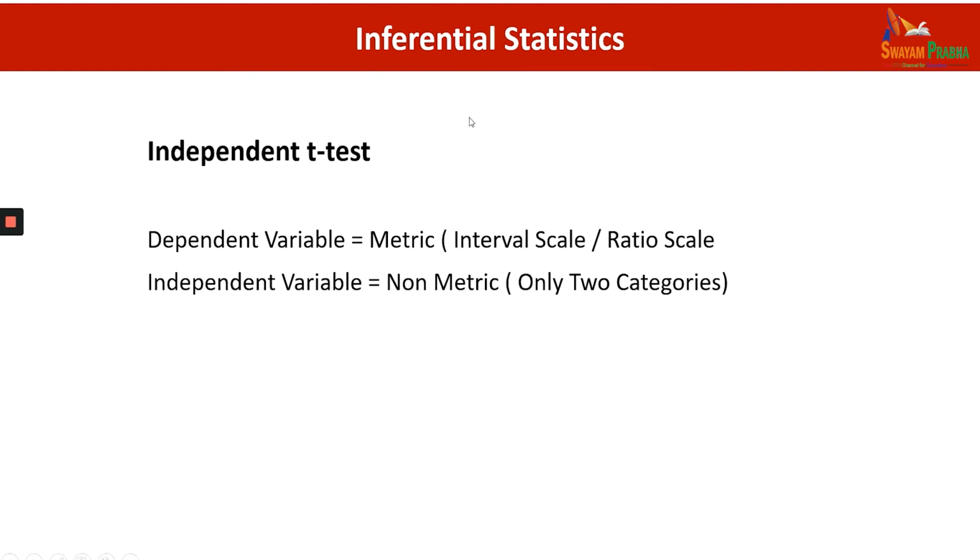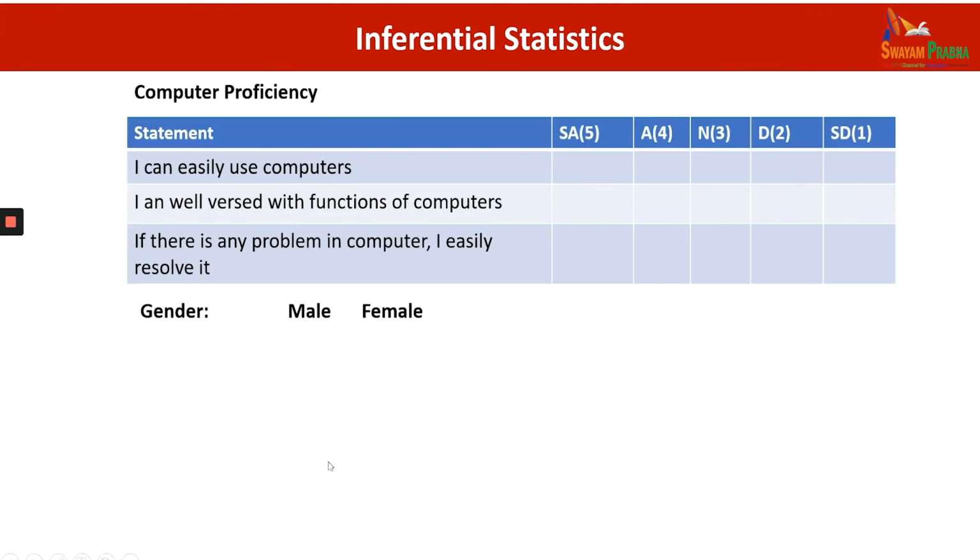Now look at the scenario where I can apply the t-test. Look at this example. In my research, I collected data on one variable, computer proficiency, and a second variable, gender, male and female. What is my objective in this case? I want to see whether computer proficiency differs across gender, meaning a different level prevails in males and a different level in females, or it is the same. So obviously for this purpose we have to frame the hypothesis and generalize it to the larger population.